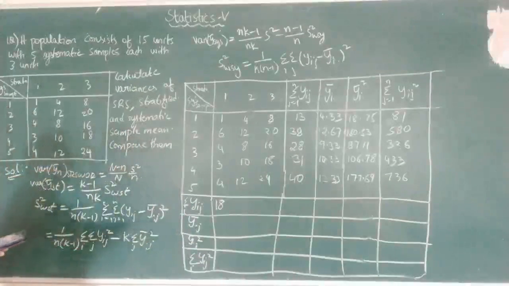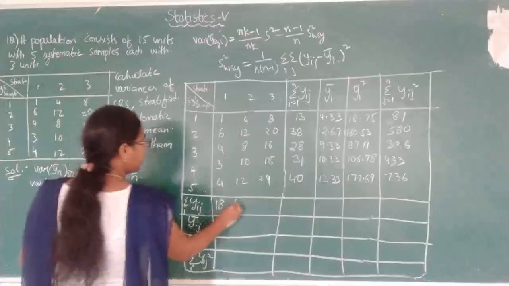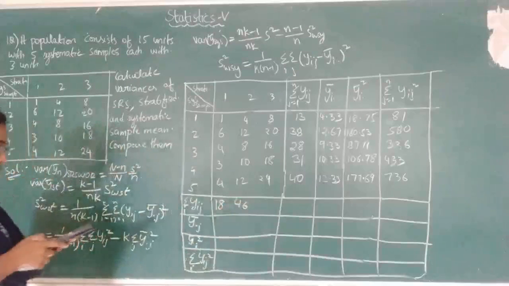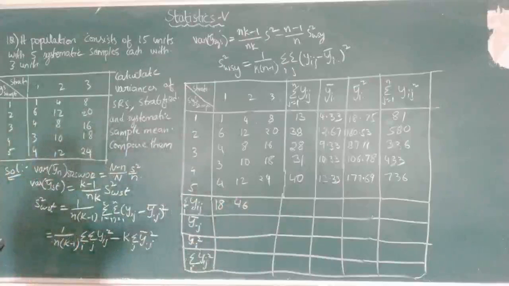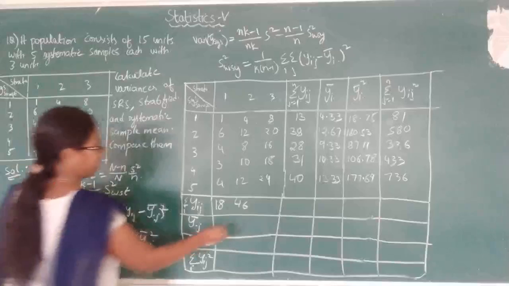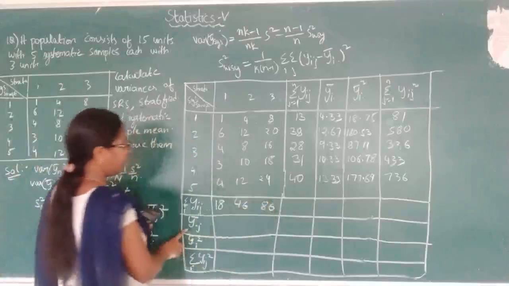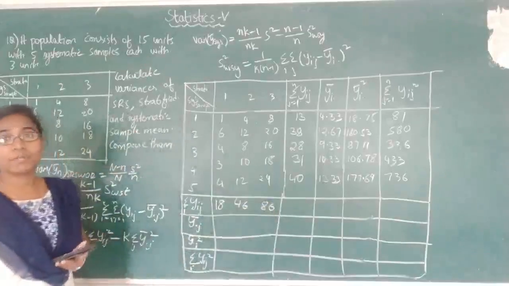18. Next value is 4 plus 12 plus 8 plus 10 plus 12. The answer is 46. Similarly, the last value 8 plus 20 plus 16 plus 18 plus 24, that is 86. Now we have to find the Y dot J bar, that is the mean of the